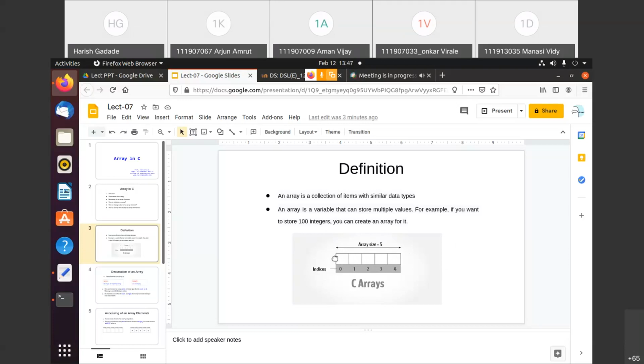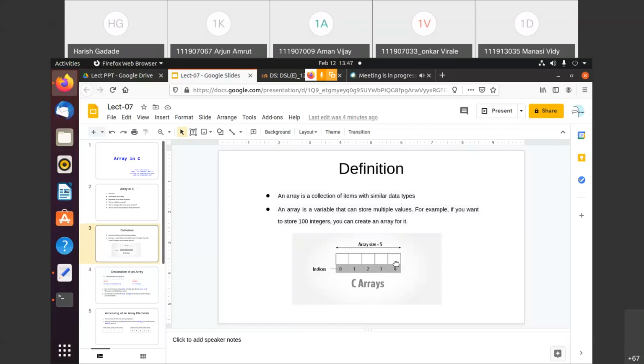Suppose you have a cluster of integers, and the first element address is 1000. Then the second block address would be 1002, because an integer will have 2 bytes. Then next will be 1004, then 1006, then 1008, like this.